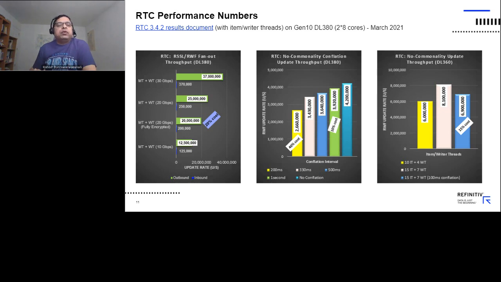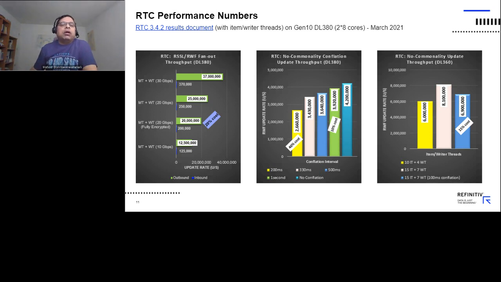So if you take a few examples here, you will see that the full fan-out capability scales well, and we can really use up all the bandwidth. We see the numbers from 10 Gbps to 30 Gbps. This is all on the 2x8 machine. And we introduced the encryption of the RSSL data flow beginning with 3.4. So when we fully encrypt the message flow to 100 connections, we are seeing that there is a 20% cost